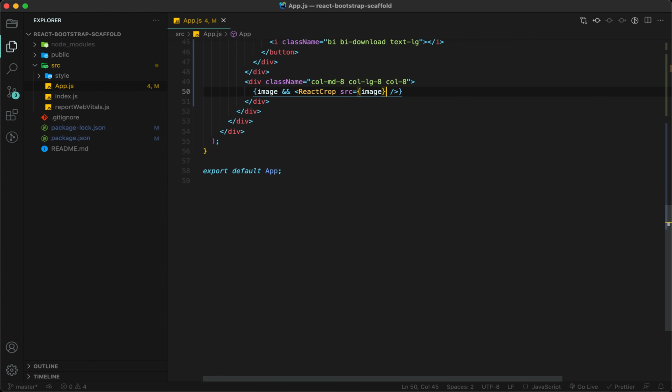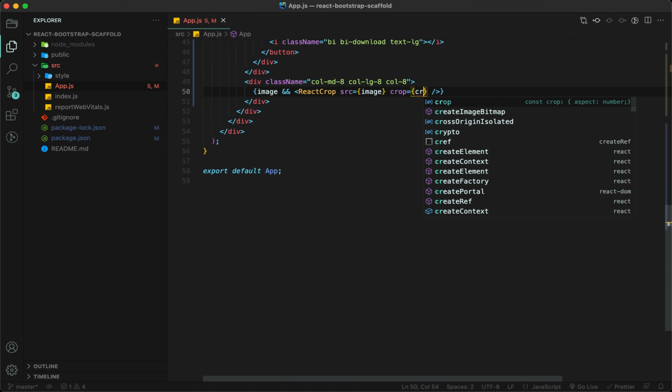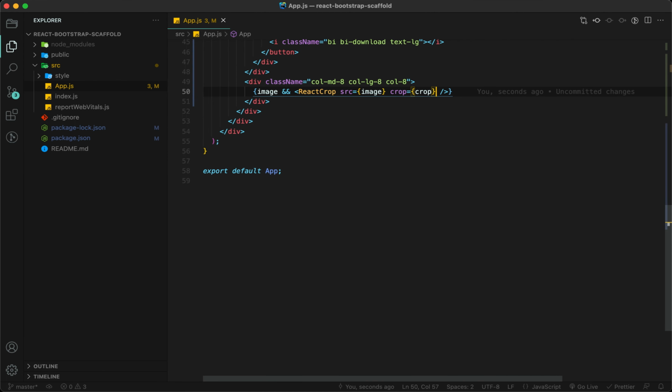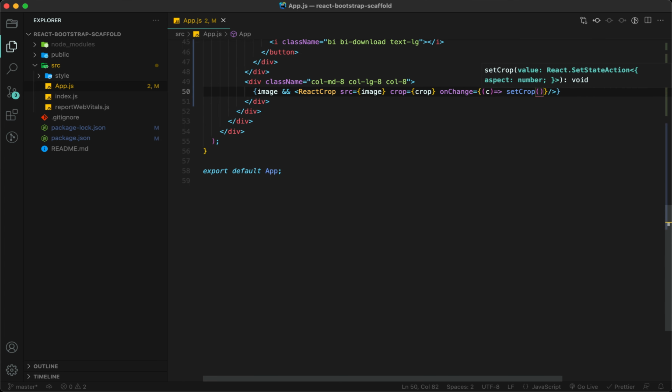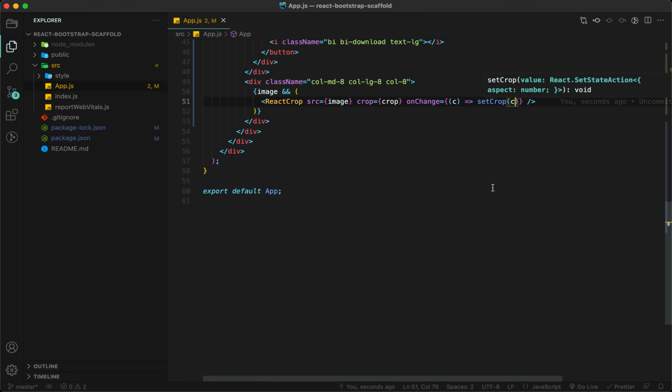As I explained, we need crop, so I pass crop, and onChange, set this as the image crop: setCrop(c).